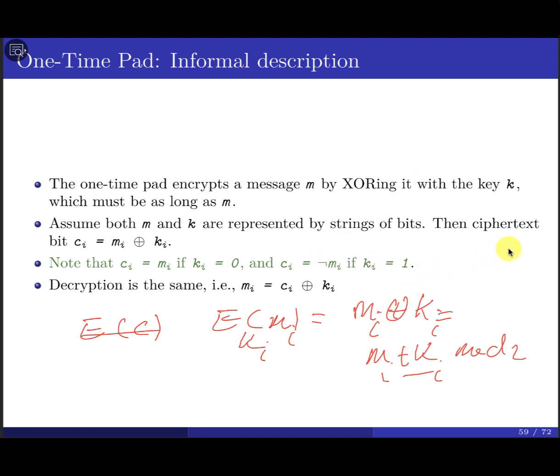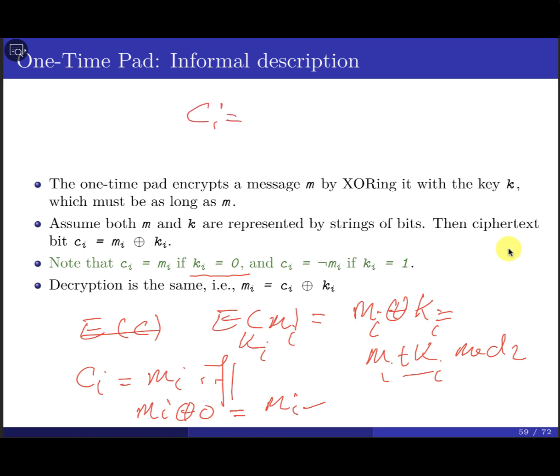So you can say Ci is equal to Mi in the case Ki is equal to 0. If Ki is equal to 0, it looks like we have Mi exclusive OR with 0. This equals the value of Mi. If Mi equals 0, the result is going to be 0. If the current bit Mi equals 1, the result is going to be 1, which satisfies the exclusive OR, right? It's going to give me the right result.